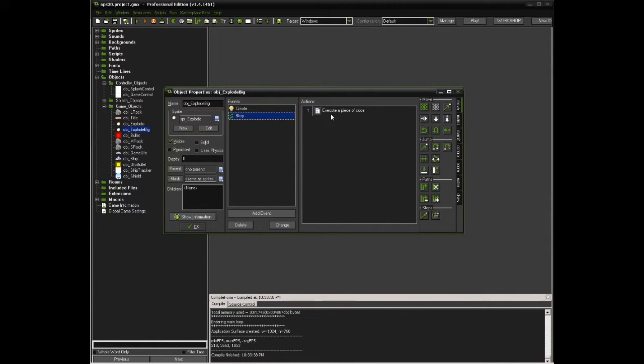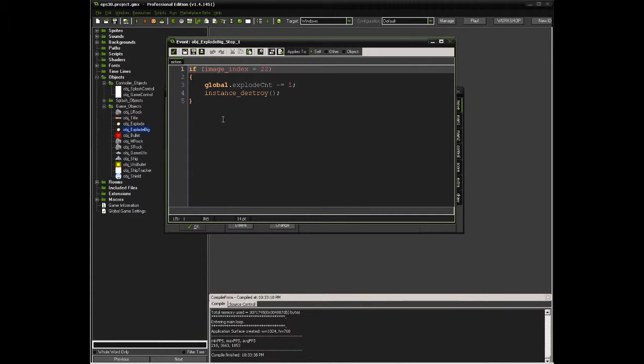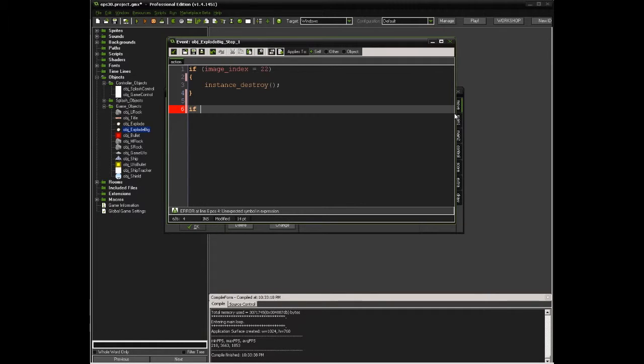So now in the step, we can keep this, but let's yank this out. This is separate from the regular explosion. And then we'll say if image X scale is smaller than room width,